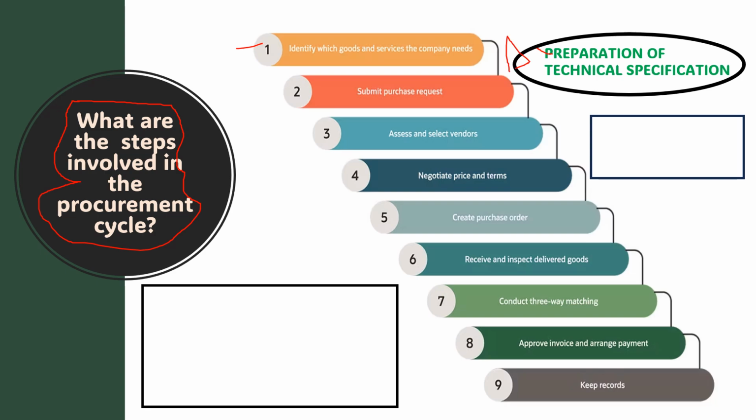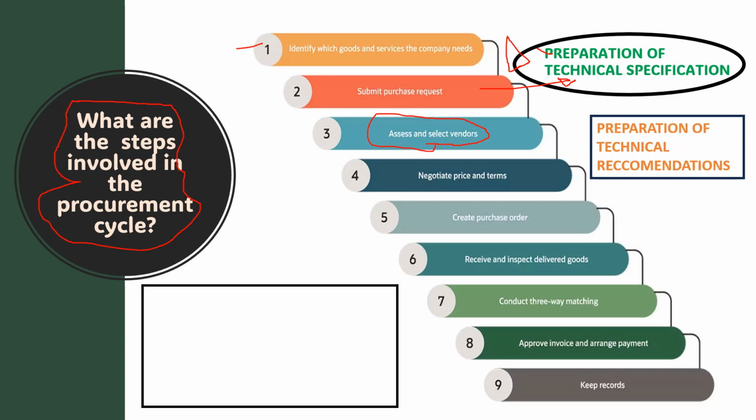So technical specification, or you may call it the RFQ, because RFQ generally consists of this technical specification. Technical specification will consist of all the technicalities or all the requirements governed by the purchaser. So this is contained in this technical specification. Next, we assess and select vendors. So we should know which vendors are compatible with us, which will be able to meet our technical requirements.